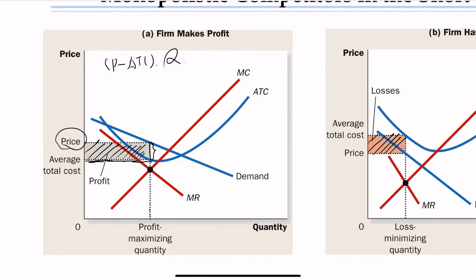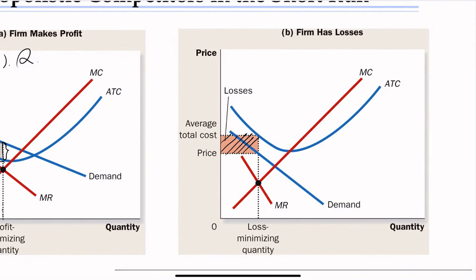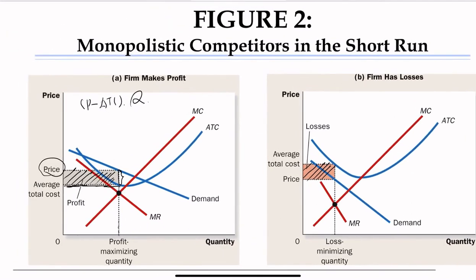Of course, we have two different cases because for the picture on the left, price is larger than average total cost. So this firm is making positive profit. And for the picture on the right, we can see that the average total cost is actually larger than the price. So in this case, the firm is suffering from a loss. Right? But you can see that the process of thinking about profit maximization for a monopolistic firm is exactly the same as the process we used in the monopoly market. So in this sense, you can see that, at least from the perspective of profit maximization, monopolistically competitive market is the same as the monopoly market.